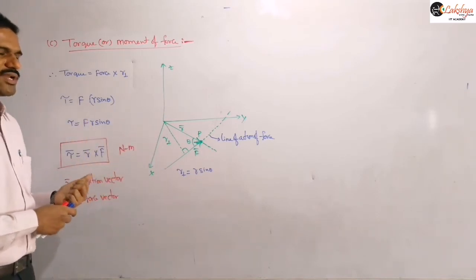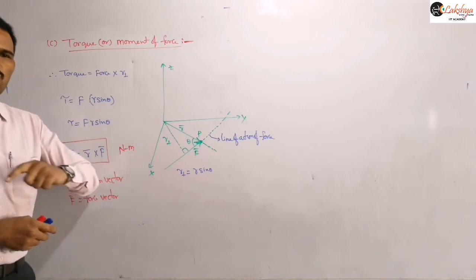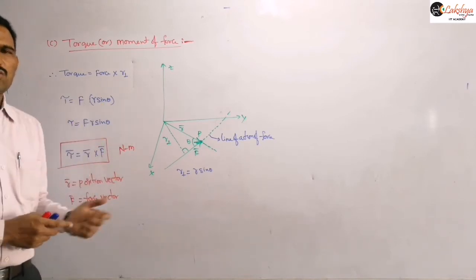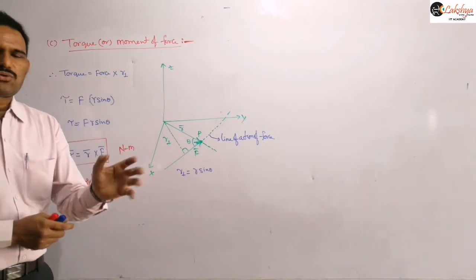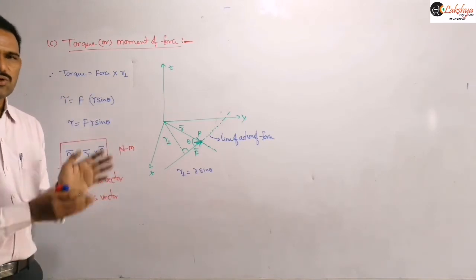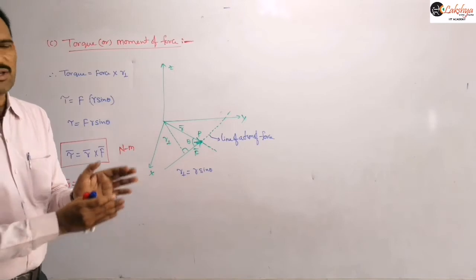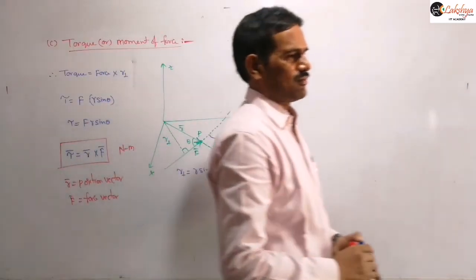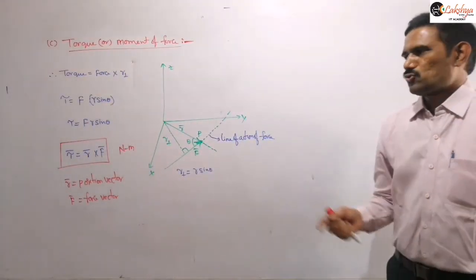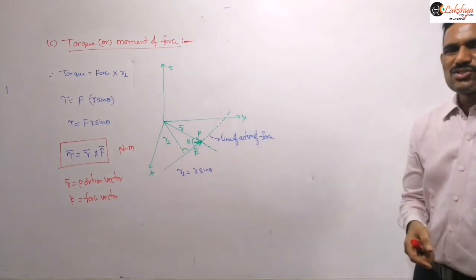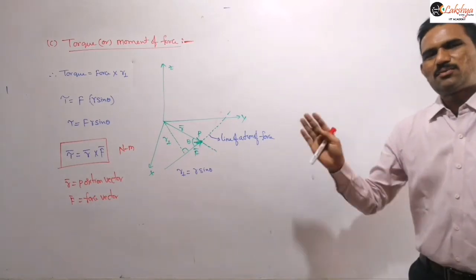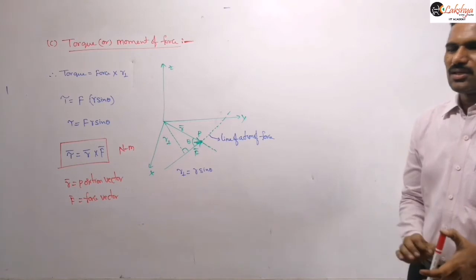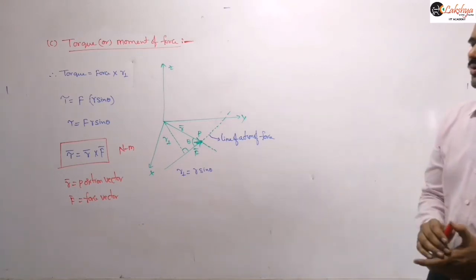So similarly, in rotatory motion, the role of torque is this: if you want to rotate an object, then torque is required, or if you want to stop a rotating object, then torque is required. So the role of torque is similar to the role of force in linear motion, right? And so we can't express it in joule. You should write the SI unit as newton meter only. And that is about torque here.